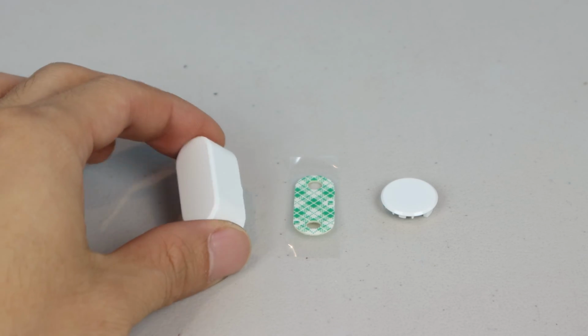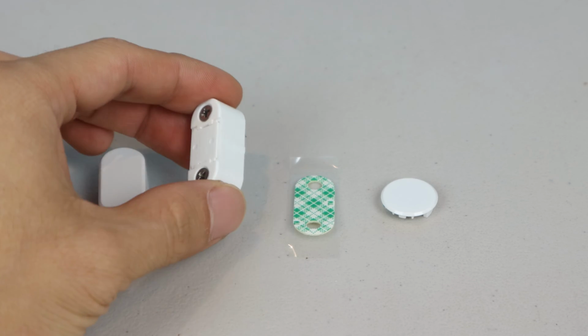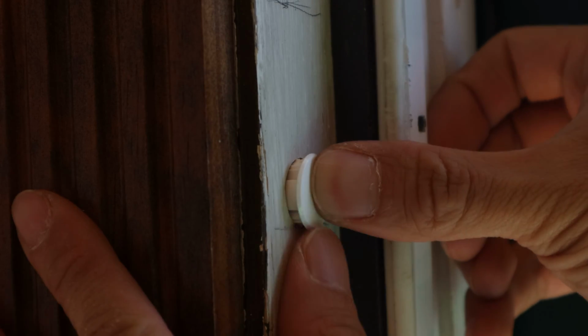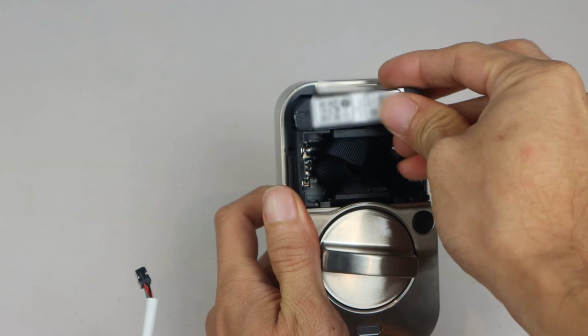The included DoorSense sensor communicates to the lock whether the door is open or closed, and it can be installed either on the interior frame adjacent to the lock or flush mounted inside the jamb, and we chose the latter for a cleaner look. This smart lock can pair with your smartphone via Bluetooth, though with the optional Wi-Fi module,